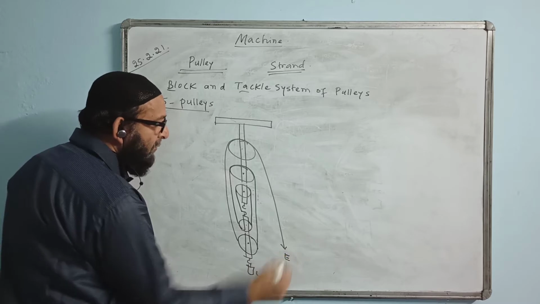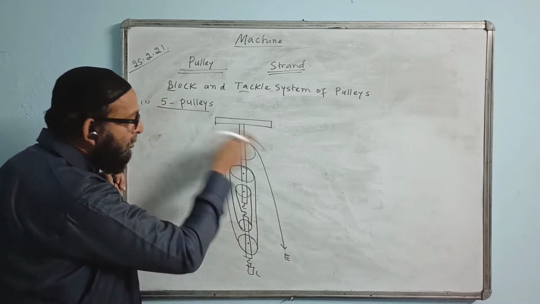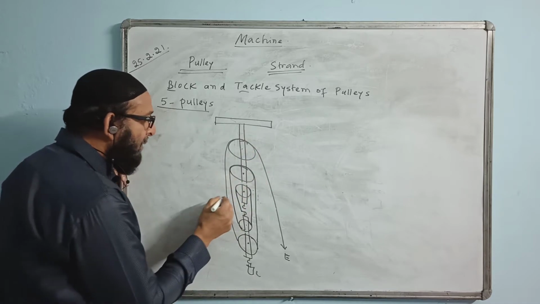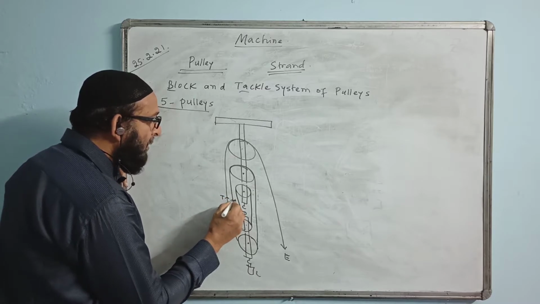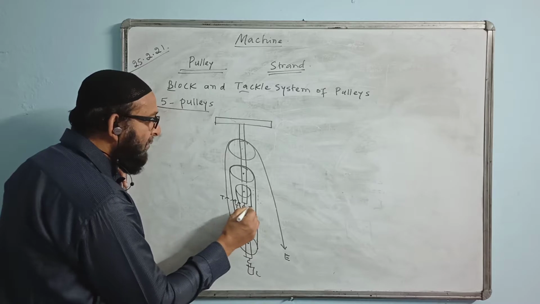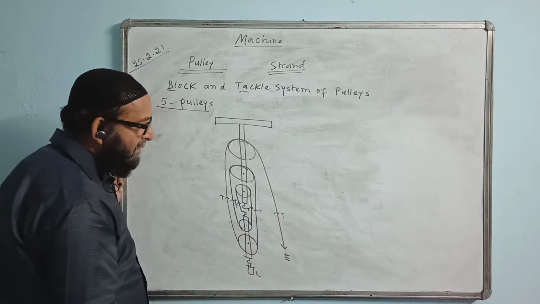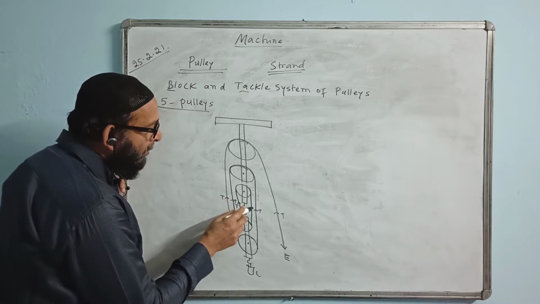This is the direction of effort. Keep all the strings tight, show them tight, don't make them loose. At least they should look tight. In the string we will mark the force of tension in the upper direction, T. Here also we mark T, here also T, everywhere we mark T. How many tensions are we marking in total? 1, 2, 3, 4, 5, 6.